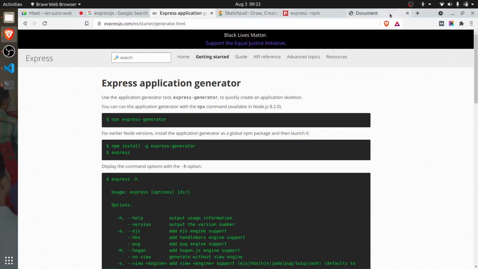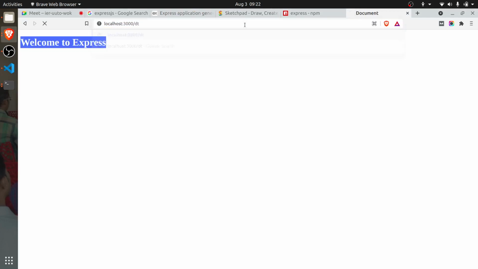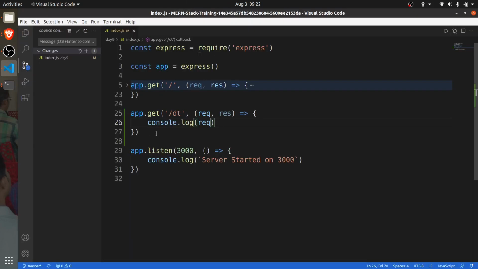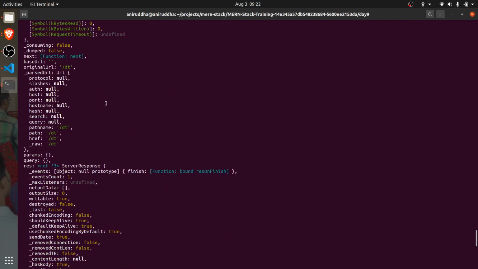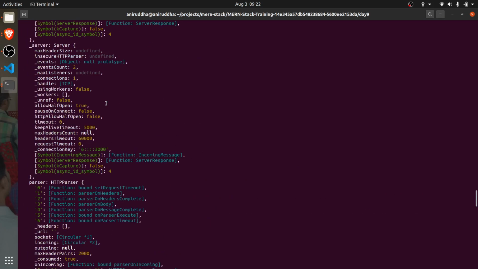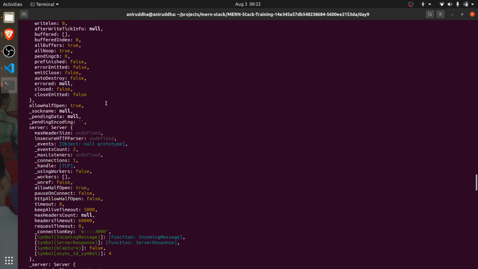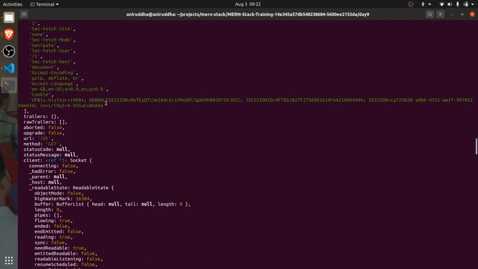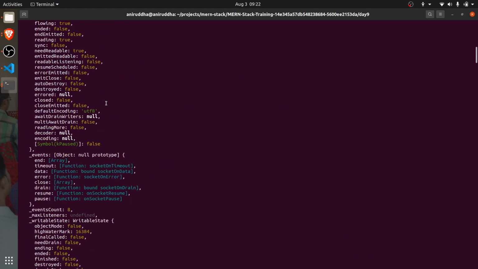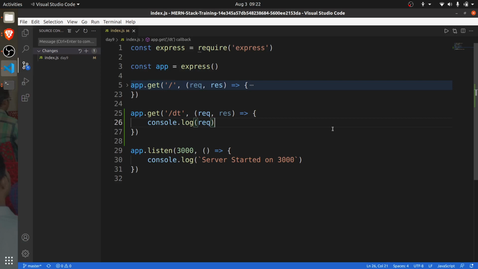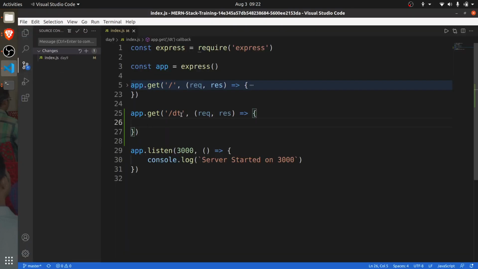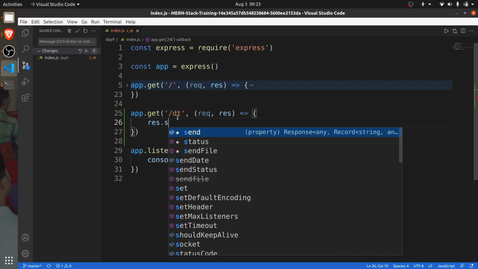Go to the browser, forward slash dt, and you see some request object is getting printed. Can you see? This is a request object, and it has a lot of things. And one more thing, you may have observed that the progress is still rotating. Why? Because you haven't sent the response. So response.send